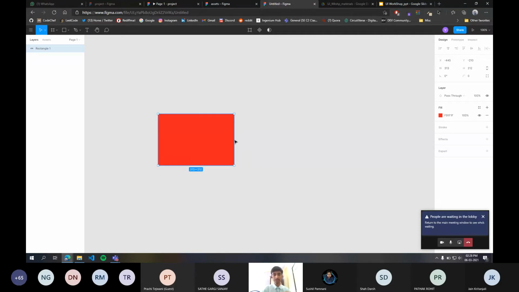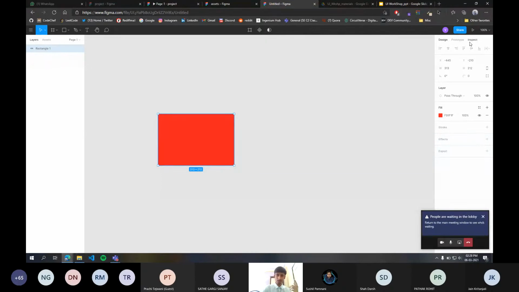Width and height are obviously the width and height of the element. You can also control the tilt, that is the rotation of the element. You can also control the corner radius of the element. And there are much more properties like stroke, that is the outline of the figure. Fill, as I showed you, I changed the color. And effects are for drop shadows.